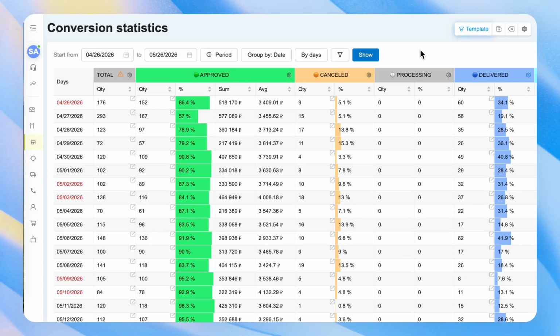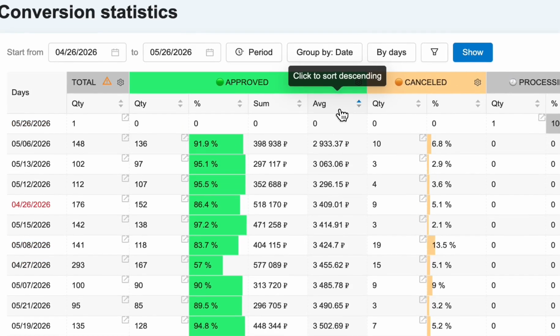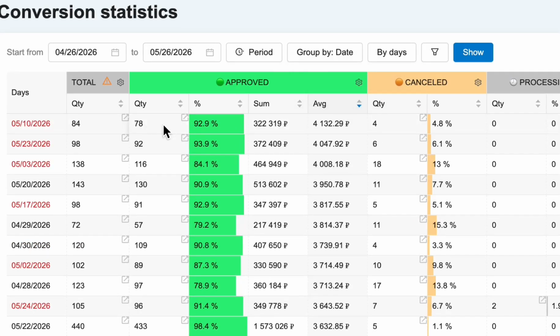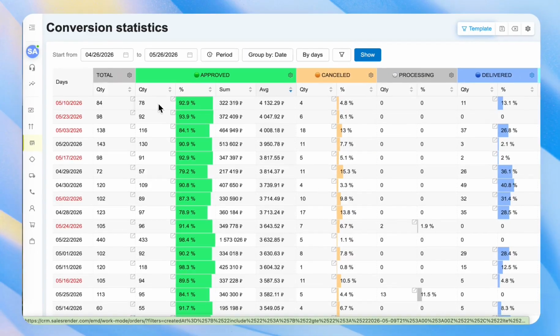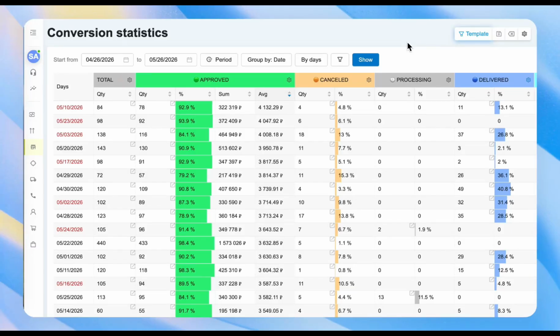Each subcolumn can be sorted in ascending or descending order. In the quantity subcolumn, you will also see a small arrow. By clicking it or the entire cell, a parallel tab will open with the list of specific orders included in this selection. Clients often ask, if my sales are now spread across statuses like return, delivered, or in transit, how can I see how many orders were originally in approved? To do this,